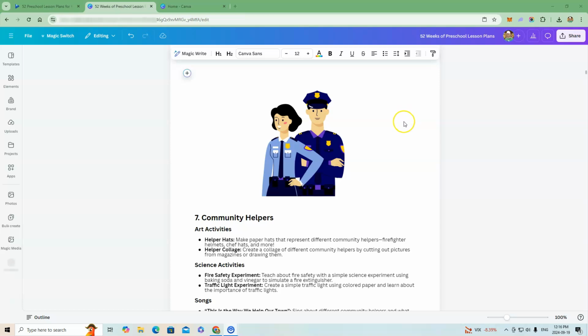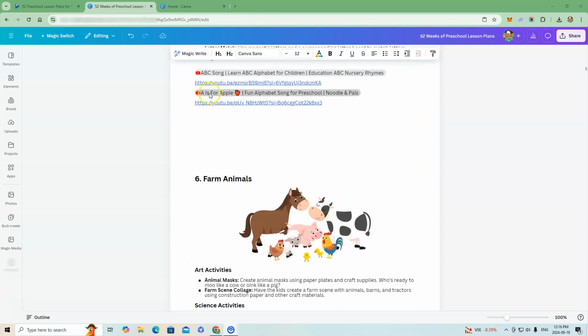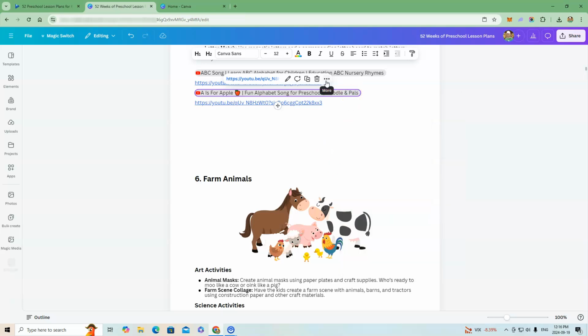So you can try that when you export your PDF if you're having problems with your links showing up. If it's embedding videos, or it's putting titles in like this instead, when they're exported, they won't work. Your links have to be like this. So you would simply go, click on the link, and either go up here and change it from title to link, and then it's going to put this URL in there, which will be clickable when you export your PDF file,